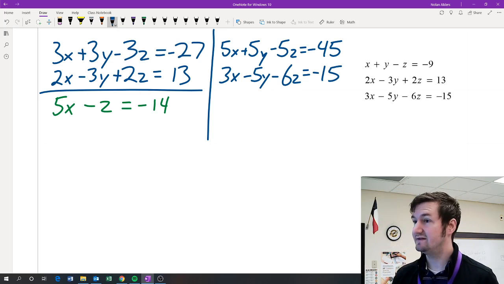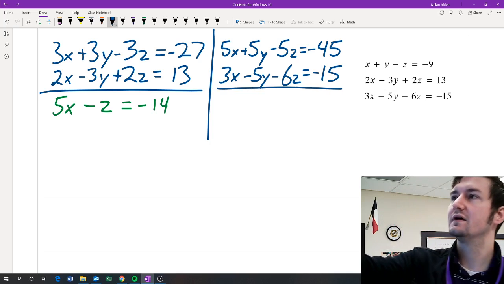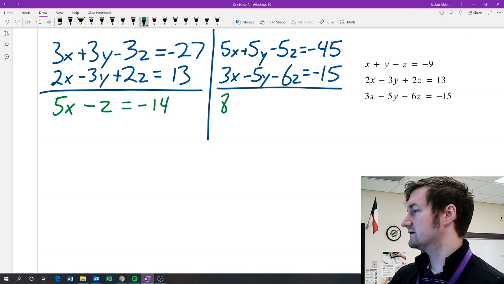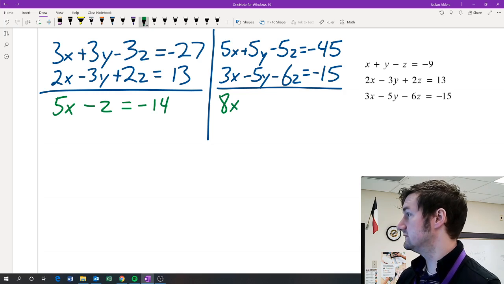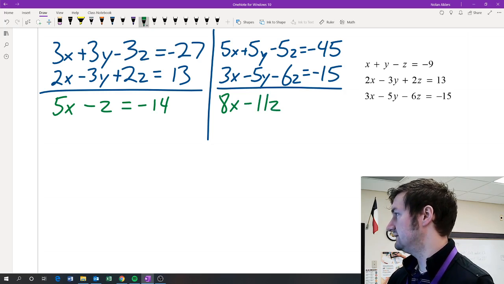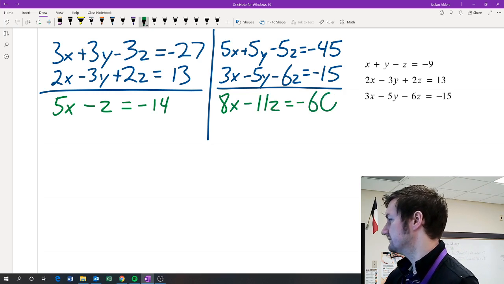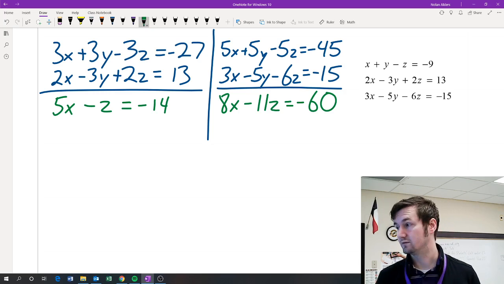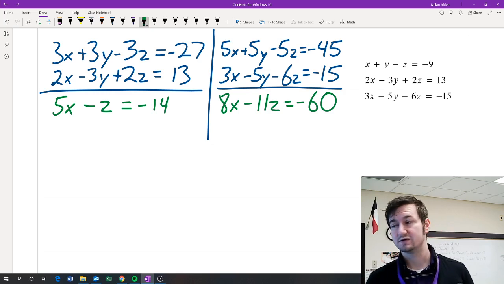Okay, so let's add these two equations together, and we'll get 8x, the y's cancel, negative 11z equals negative 60. Okay, so now we have two equations with two unknowns,